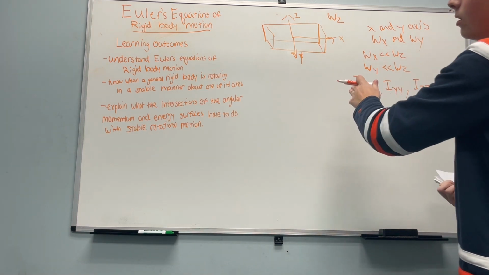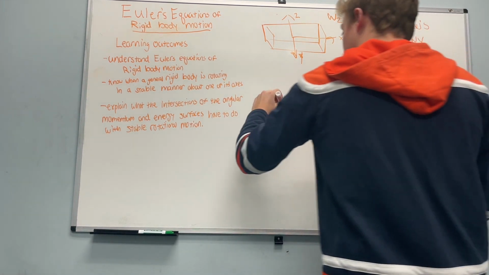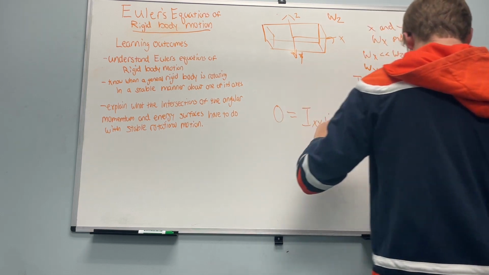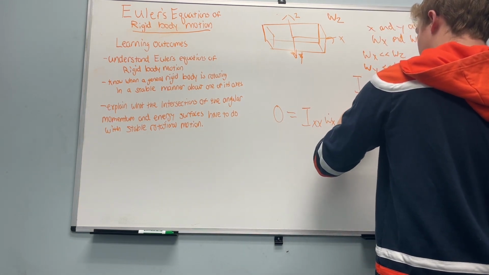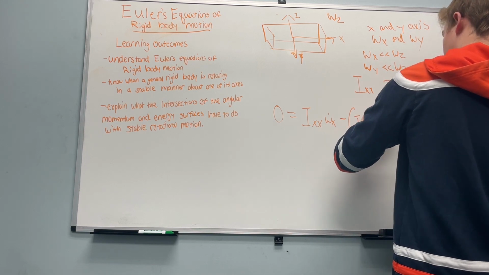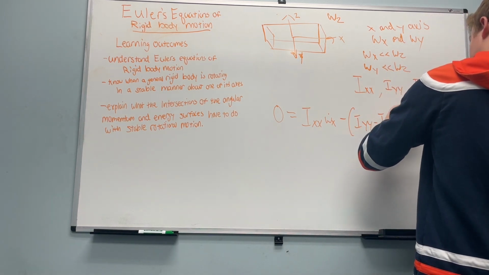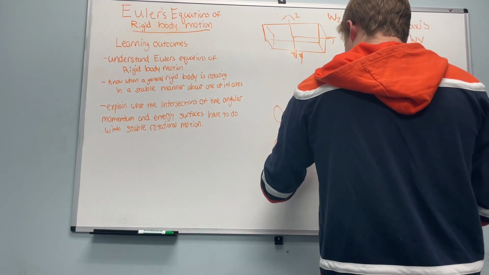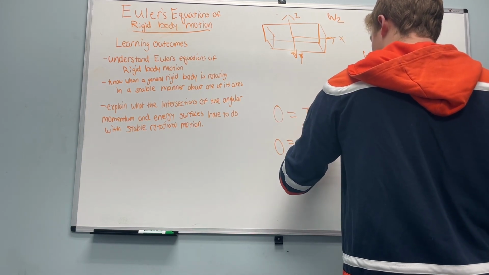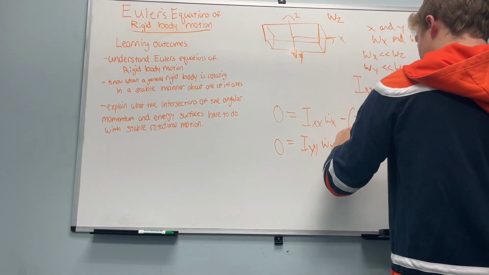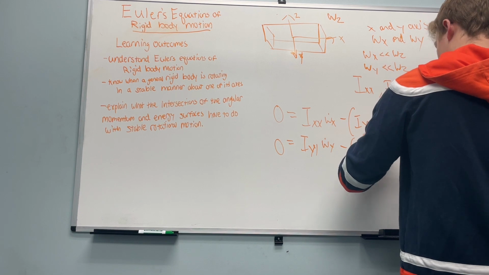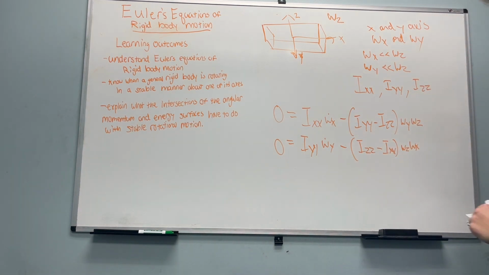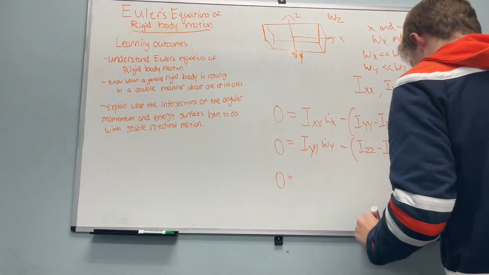So then for this problem, our equations of motion will be 0 is Ixx omega x dot minus (Iyy minus Izz) times omega y omega z. 0 equals Iyy omega y dot minus (Izz minus Ixx) times omega z times omega x, and our last one will be 0 equals